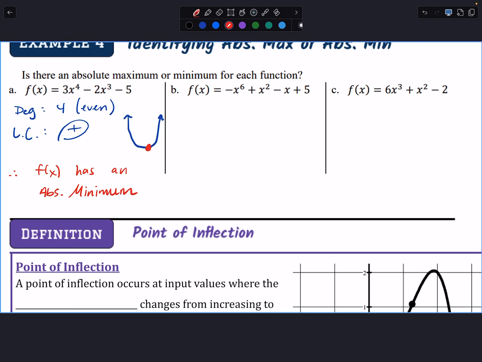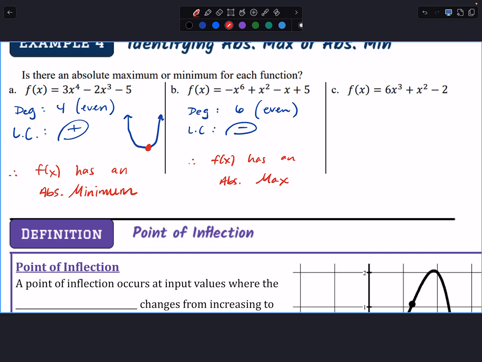So first thing we have to establish is, does it have a maximum or a minimum? And how do I know? What's the degree? 6. But all we care about is that it's what? Even. Leading coefficient, is it positive or negative? Negative. So will this have a max or a min then? Max, good. So therefore, f of x has an absolute